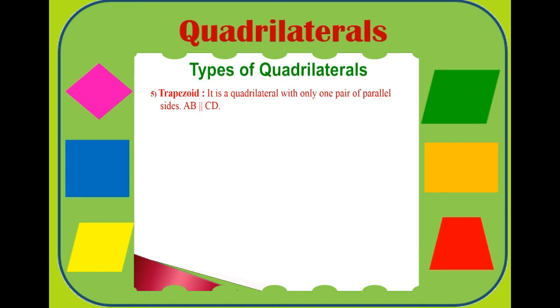Trapezoid. It is a quadrilateral with only one pair of parallel sides. This is an example of a trapezoid. Here you can see a trapezoid is given. I have mentioned its sides. So this is AB and this is CD, which means side AB is parallel to CD. It has only one pair of parallel sides, which is AB parallel to CD, and these two sides are